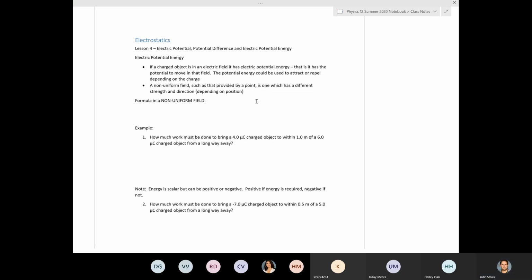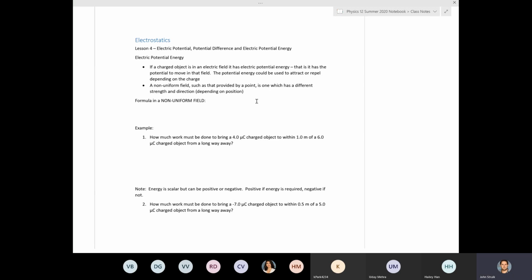So we're going to talk about three different things: electric potential, potential difference, and electric potential energy. Now, all three of those things have the word potential in them. Very poorly named, but they're all very different. So we'll go through what the difference between them is. So if a charged object is in an electric field that has an electric potential energy,